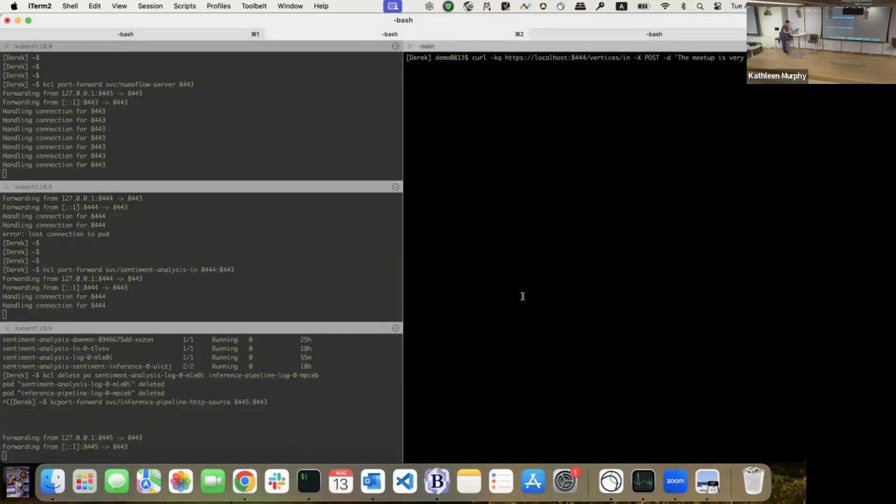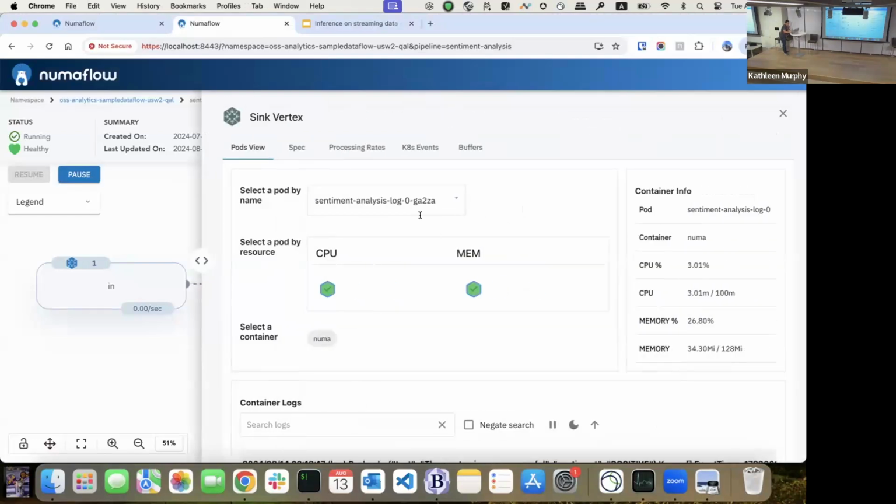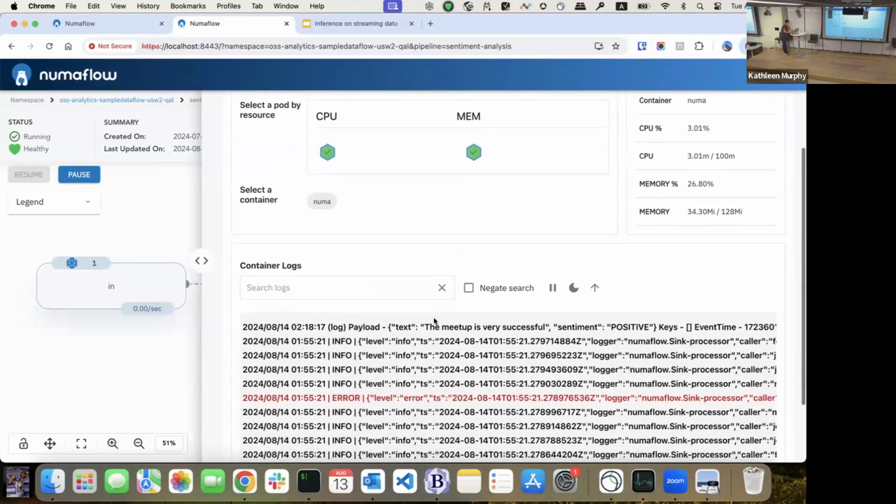The first message I'm going to send to this pipeline is: the Meetup is very successful. I do that, and then switch back to the pipeline view. If I click this icon, we go to the vertex view, where we see things like CPU and memory usage. Everything is on this page, and you can also see the pod logs for this vertex.